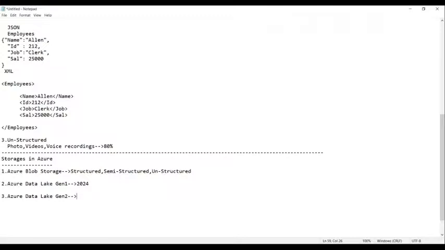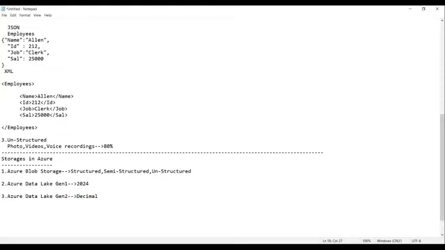Such as CSV. Suppose here you have data in decimal.